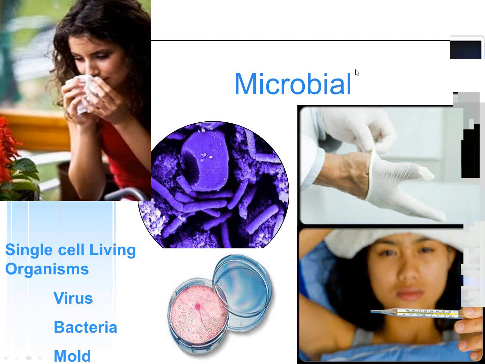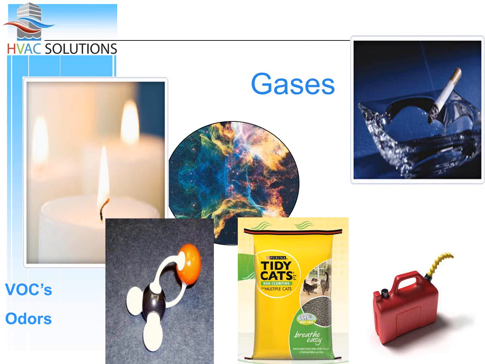So when I say odors and I associate that with gases, it's pretty generic, but for the most part, you can still smell an odor, and the odor is a gas. To give you an example, we deal with a lot of odors in the IAQ industry, and one we're dealing with this week is a cannabis grow factory. And when you think about odors, it's not always the person or the place creating the odors that has an issue with it. It's the neighbor. So in this case, it's not the grow factory. It's more likely the person next door who's going to have an issue with it, or maybe codes in certain